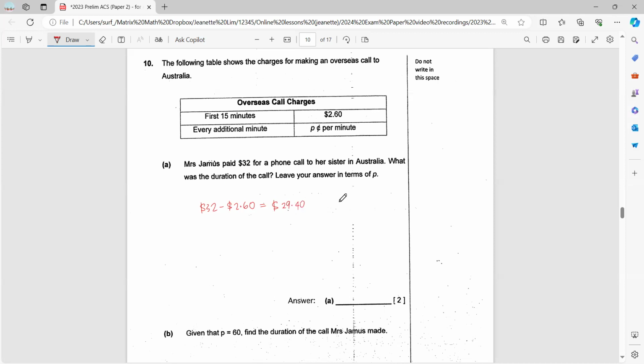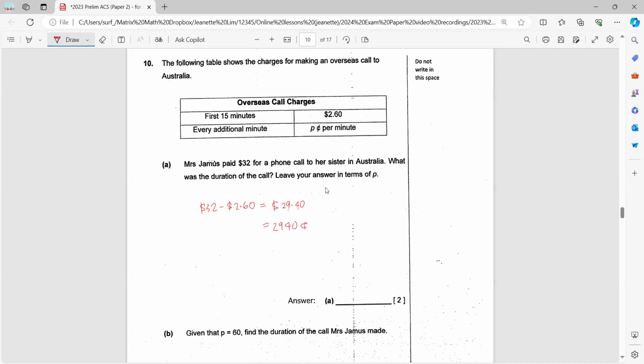So you're left with 29.40, which she's paying at this rate, P cents per minute. Now this is dollars, this is cents. Be careful when you have that. You have to use the same units to solve. So we're going to change this dollars to cents. It's easier to change that to cents than to change this P cents to dollars. So in terms of cents, this is